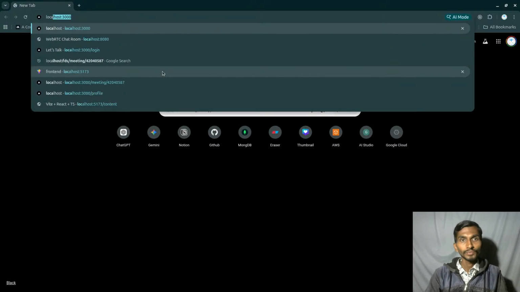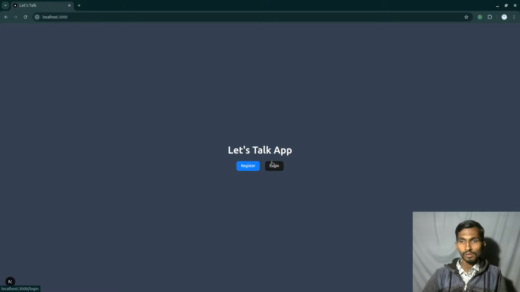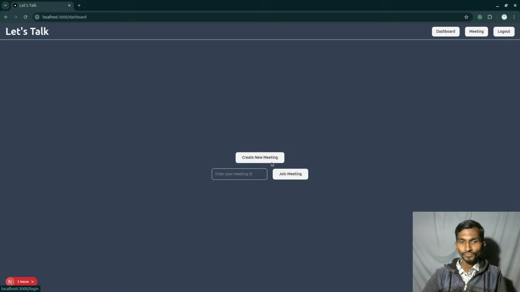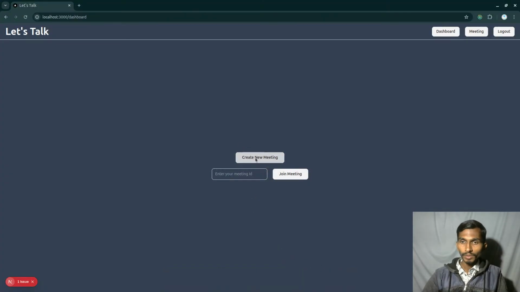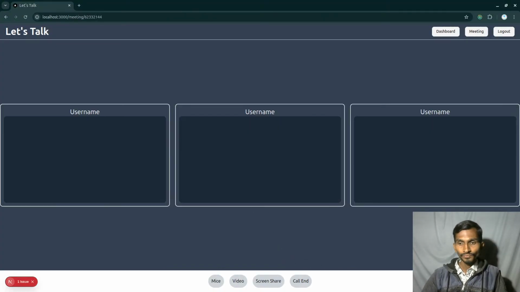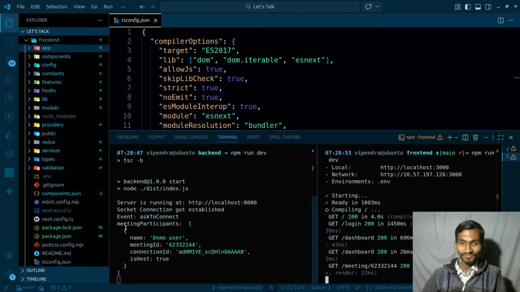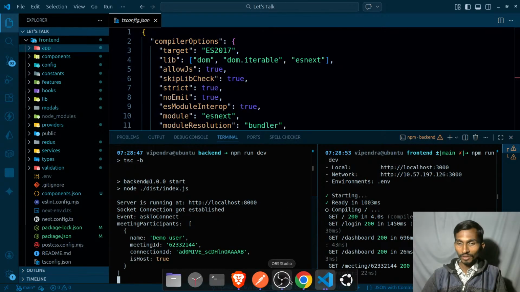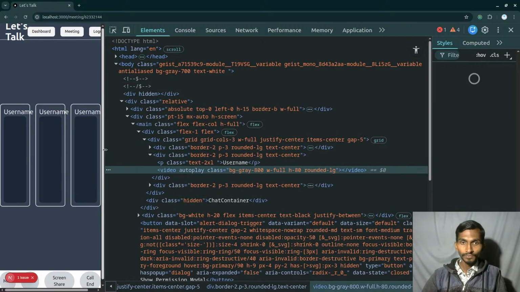Okay, localhost and 3000. This is fine so far. I can just create a new meeting, and this is how the meeting room looks like. It is not even bad, I can say. And as soon as the meeting got created, a participant got added, and that is the host right now. I can just click on inspect,